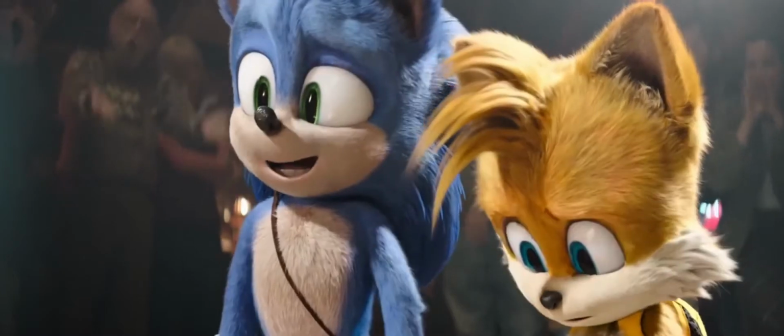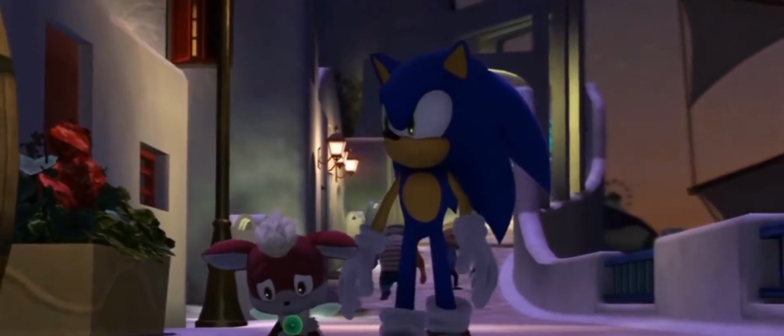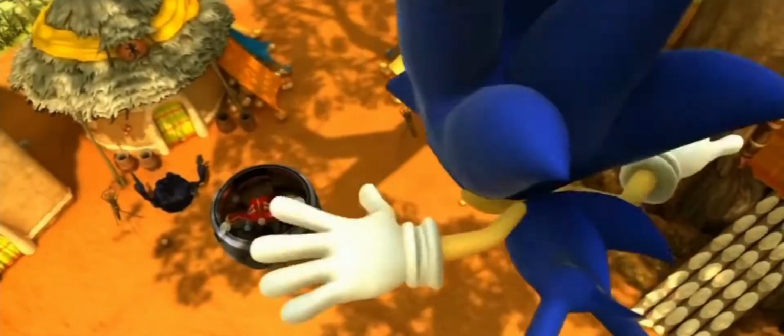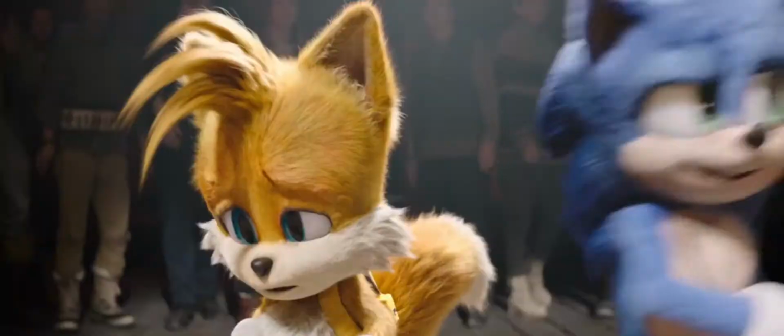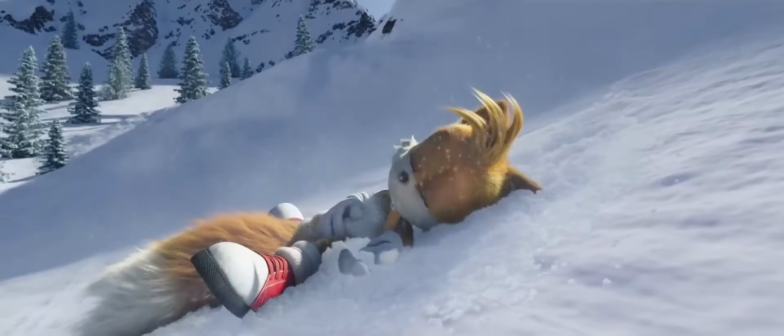Which is why I wish there were just more of these motifs for the other characters in the movie. Wouldn't it be cool if Sonic had a musical motif, similar to the way that he does in Unleashed? In the way that it constantly appears throughout the game. I think it makes Unleashed feel a lot more like its own thing when compared to other Sonic games. And I think Sonic 2 could have done something similar. He does have this little leitmotif that's occasionally heard, but it doesn't have the same impact or memorability as a